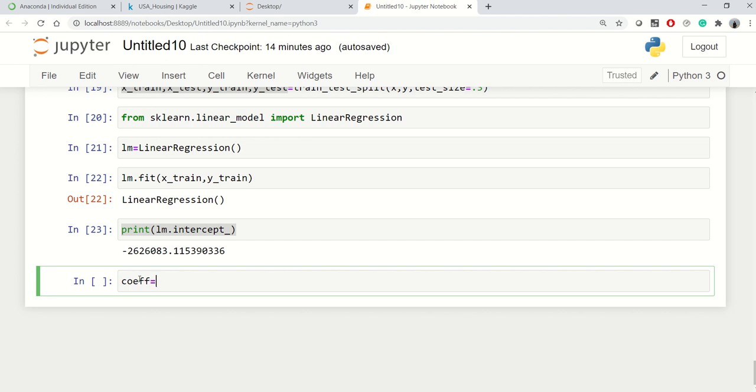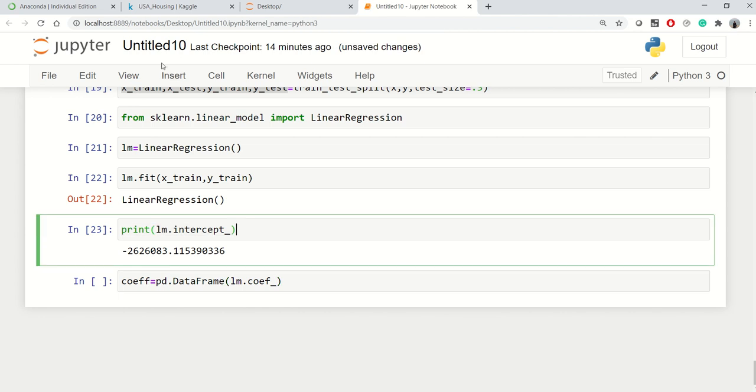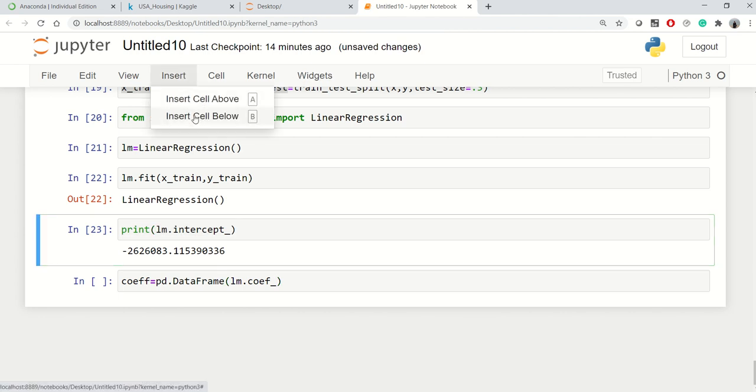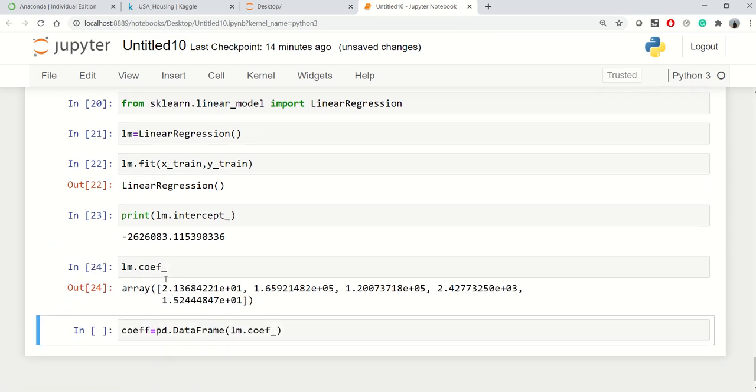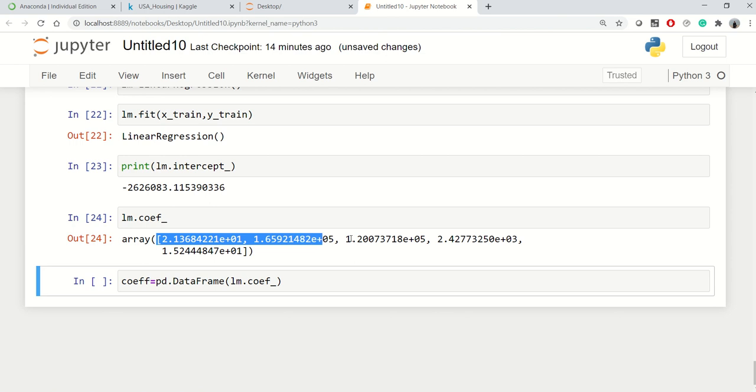So coefficient is equal to lm, and I'll create one more data frame here so that it will be easy to read these coefficients. So I'll say pd.DataFrame and lm.coef_. This will give you the value of the coefficients. Rather than creating a data frame, you can just insert a cell below and say lm.coef_, and that would print the value, but this is not that readable, right?